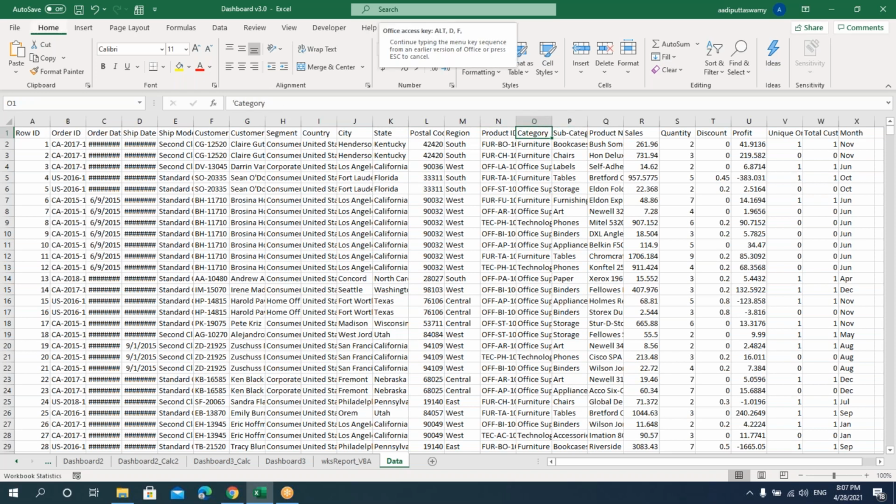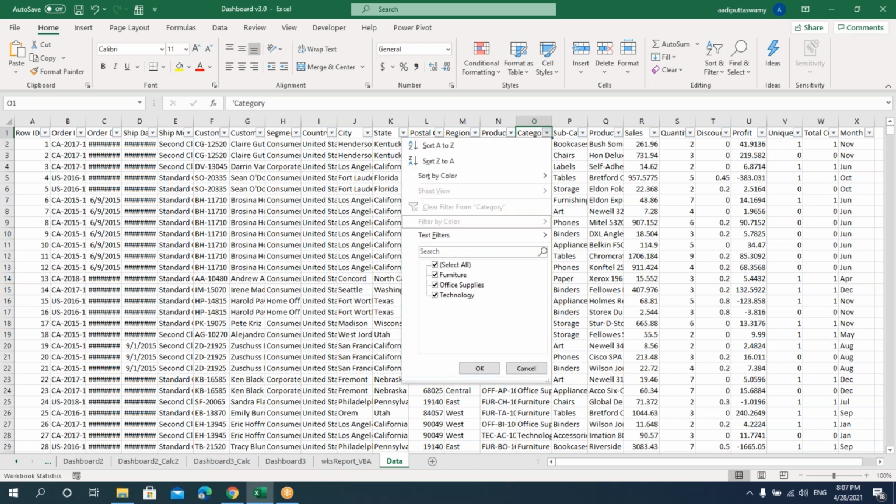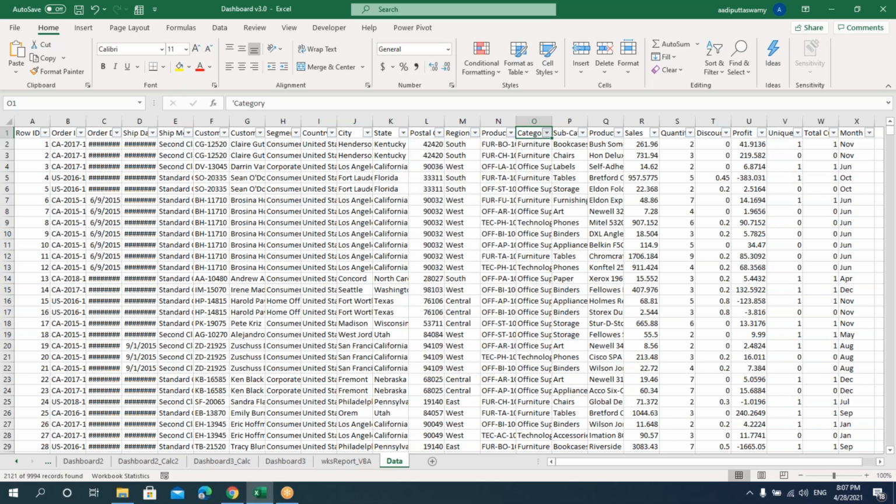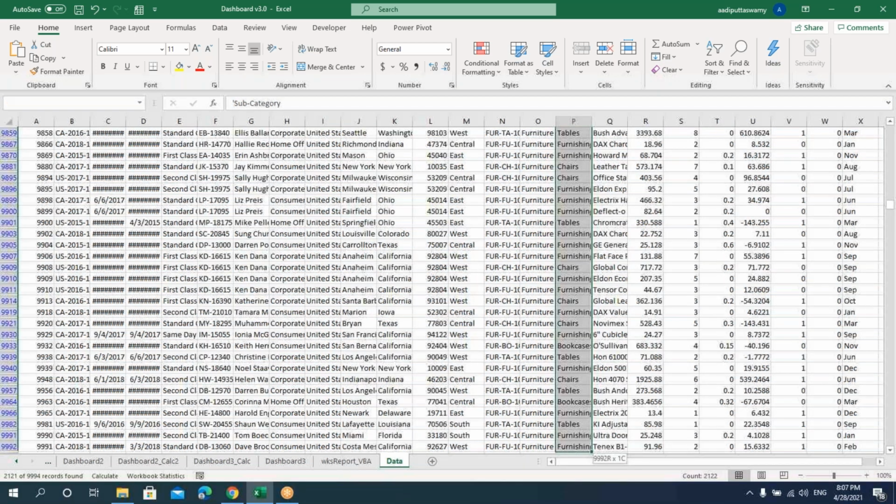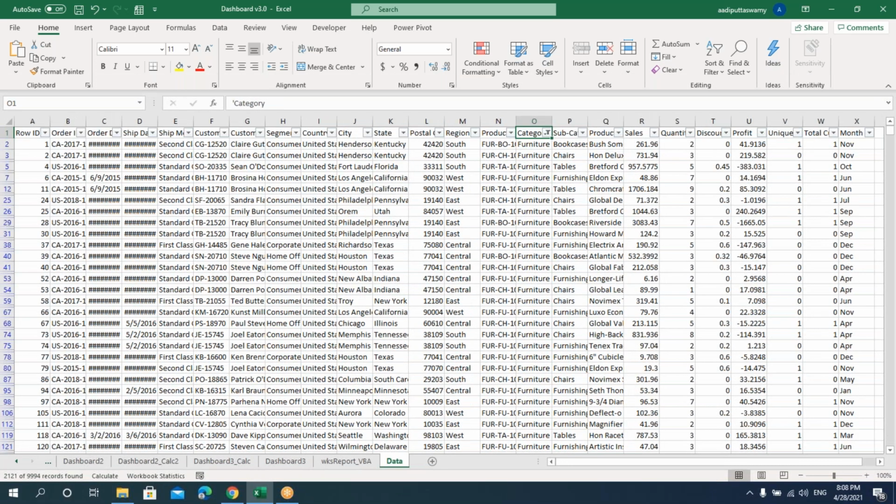Now what we'll do here is, if I filter this category, then I'll get some subcategories. Based on that, I need to get the total sum and total profit. So for that, I need to create one chart.